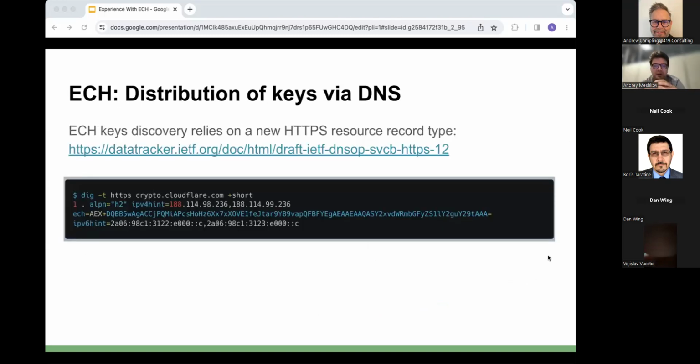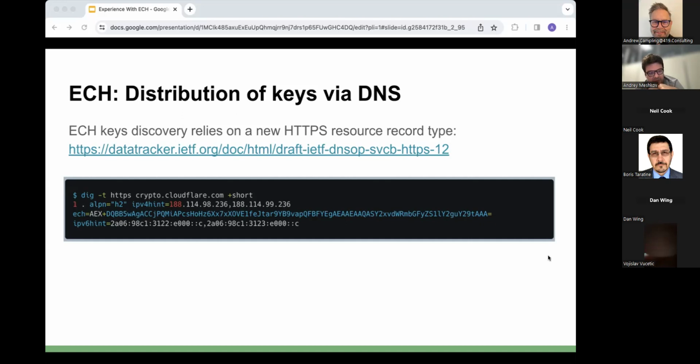So the first one is about keys distribution. First of all, the client needs to discover the public key that will be used to encrypt the client hello. In order to do that, it sends a DNS query with a new type called HTTPS. And this is a new resource record type, which is intended to allow multiple HTTPS endpoints to advertise different capabilities for TLS. As you can see on the slide,